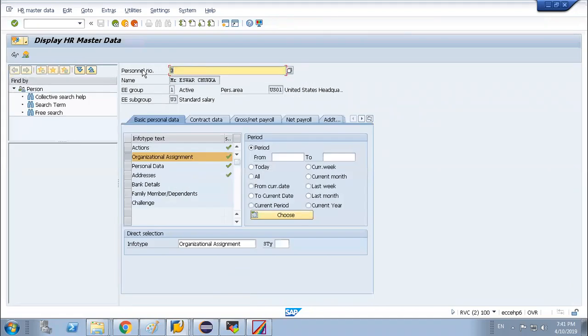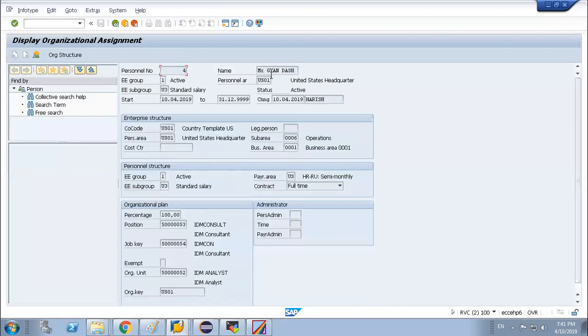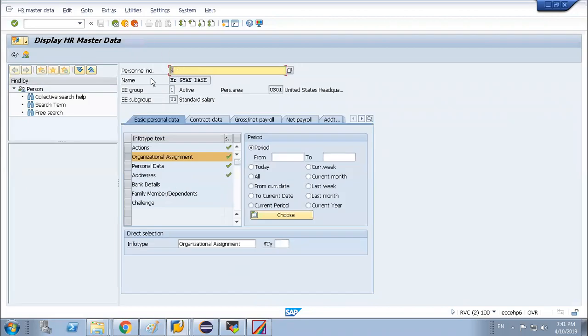If you go to another user, here you will see the same details, the same personnel area. All users belong to the same personnel area. So we have created this information.